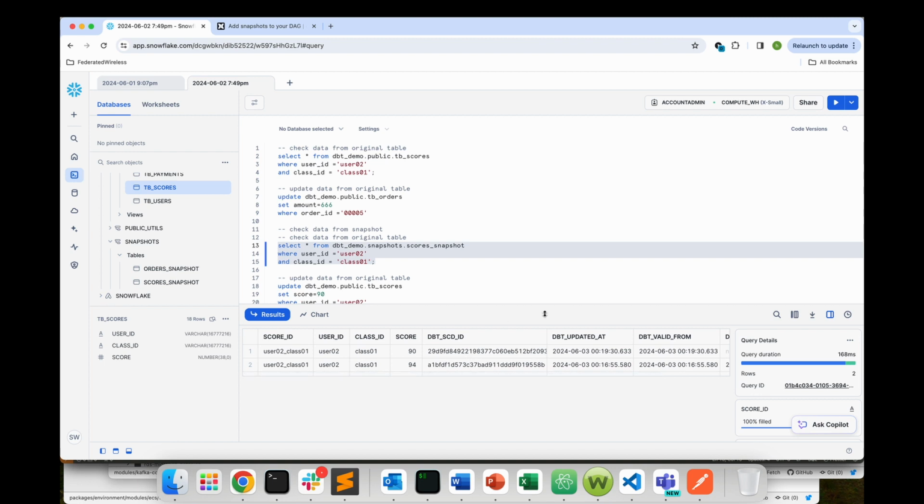Okay, I just showed you how to use different strategies, check, and also timestamp to do the snapshot. Most of the time we use the timestamp as our strategy. And I also showed you, for the unique ID, if we don't have only one column for the unique key, what should we do? Then we can manually generate the unique key by combining different